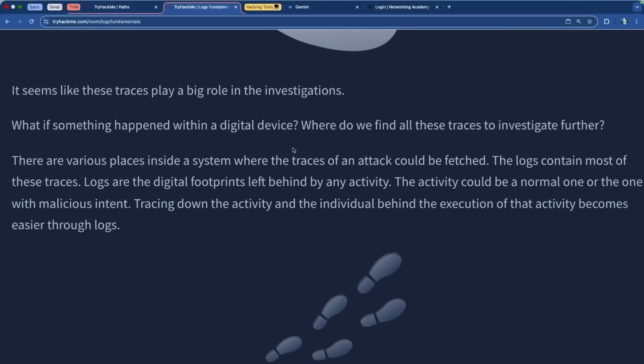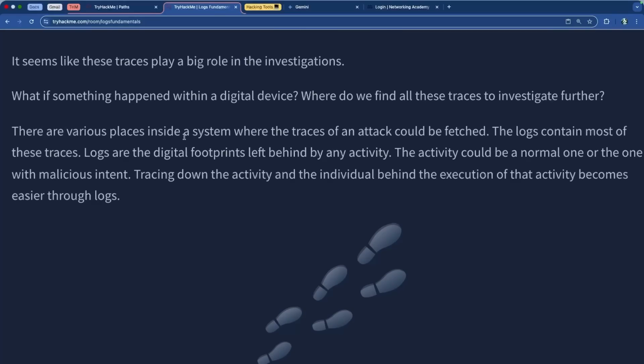So it seems like these traces play a big role in the investigation. What if something happened with a digital device? Where do we find all these traces? These are found inside a system where the traces of an attack could be fetched, and the logs contain most of those traces. So logs are the digital footprints that are left behind by any activity,